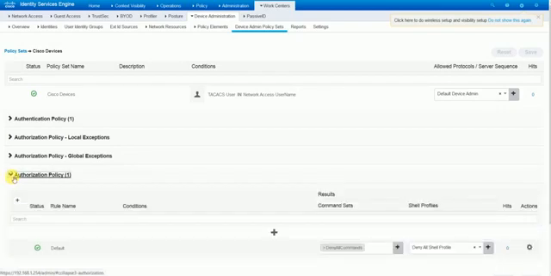Here we will create two authorization policies. One is for the admin, one is for the help desk.